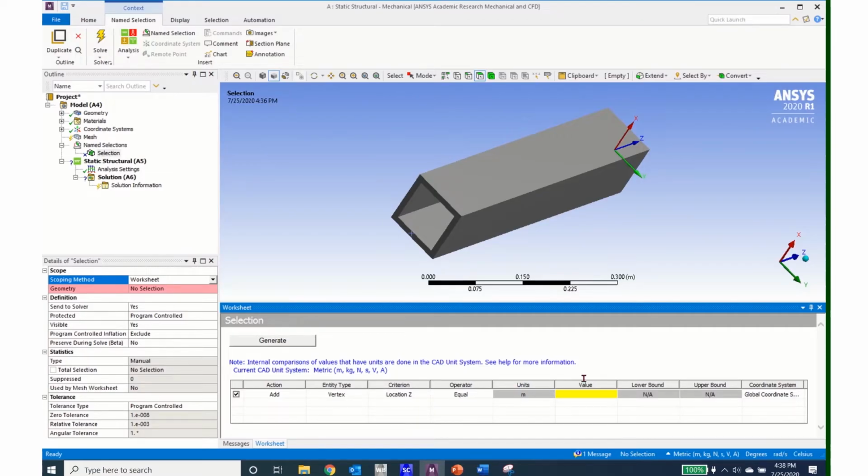Now in terms of the value, I need to be careful here that I enter in the right value. I can see my local coordinate system here is showing that z is going off in the positive direction this way. The length of my beam is a half a meter, so I actually need to enter in a minus 0.5 if I want to select these vertices out on this face here. So I come to value and I'll click in a minus 0.5, enter. Now I come over here to generate, and I can see that it has selected 8 vertices, and